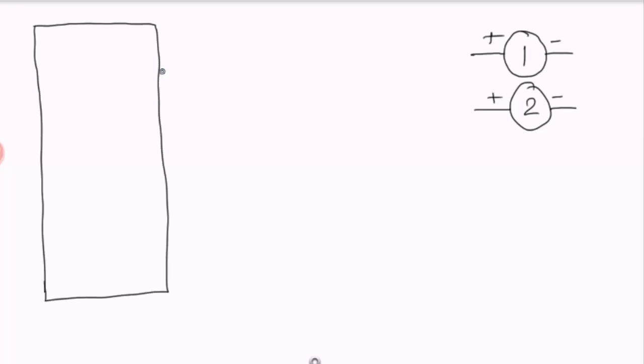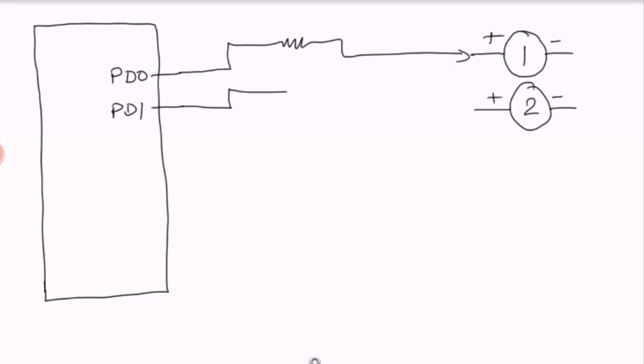Okay, let's first build the circuit that we already worked on in the previous tutorial. In the previous tutorial, we worked on two LEDs. And then we have the discovery board here, having two pins, PD0 and PD1, and we connected LED1 to PD0 and LED2 to PD1.